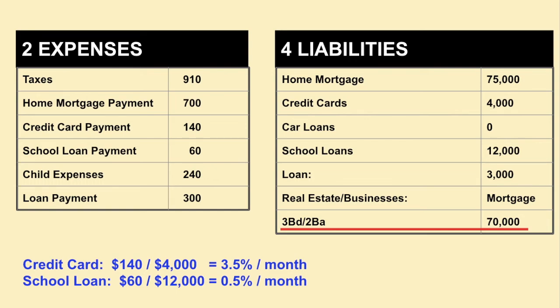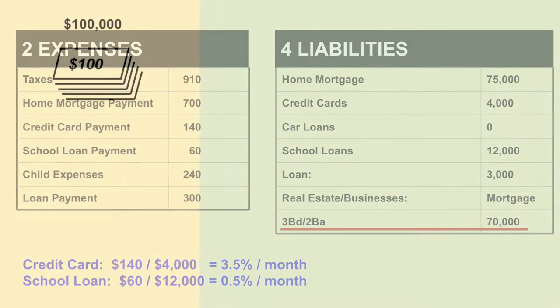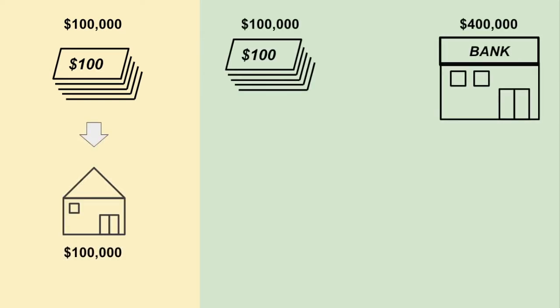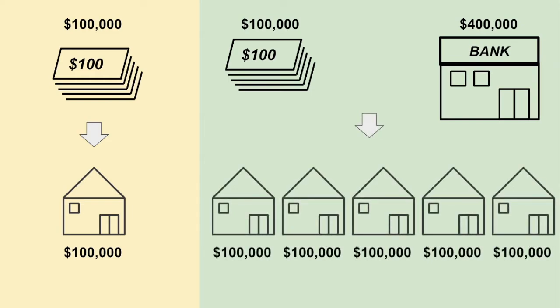It also allows you to convert your credit into investment power so that you can scale up your investment portfolio even faster. For example, let's say you have $100,000. You can use that to buy one house with all cash at $100,000 with no liability, or buy 5 houses of the same price with 20% down payment each. That results in $400,000 liability in total. But what happens if you sell the houses when their prices grow by 20% each after 3 years? If you bought one with all cash, you will get a simple $20,000 profit.